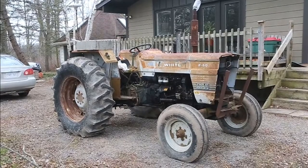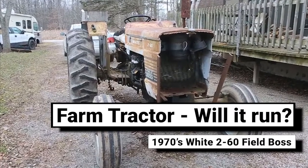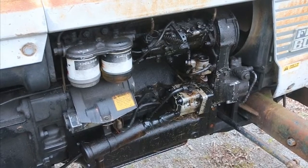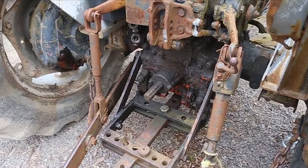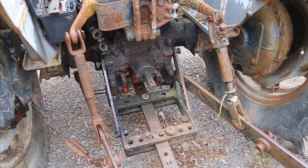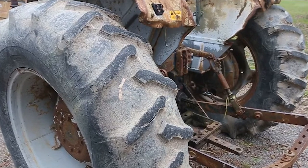Hey everybody, today we're going to see what it's going to take to revive this late 1970s farm tractor. It's definitely seen better days, but I know for a fact that it was running just a year or so ago. Tractors are kind of new to me, but I'm told they're actually pretty simple machines, so I'm willing to give it a shot. The badging says it's a White Field Boss 260, so that translates to two-wheel drive and